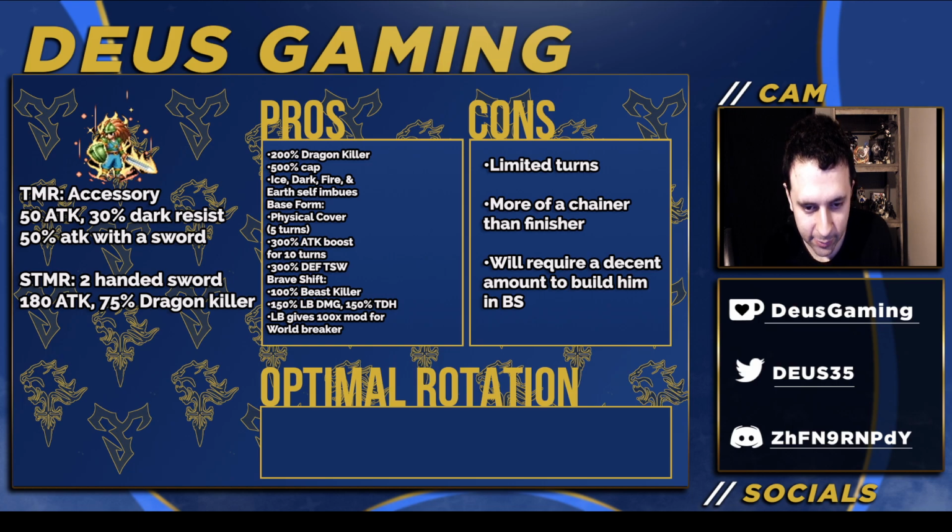And the LB gives 100 times mod for World Breaker, but only for 2 turns. Kind of not a long time to get things done, so you basically would have to unlock World Breaker first, and then use the LB to get those modifier buffs for 2 turns, because otherwise you'd just be wasting your time. You'd only get it for like 1 turn or 2 turns, basically. I don't know, but